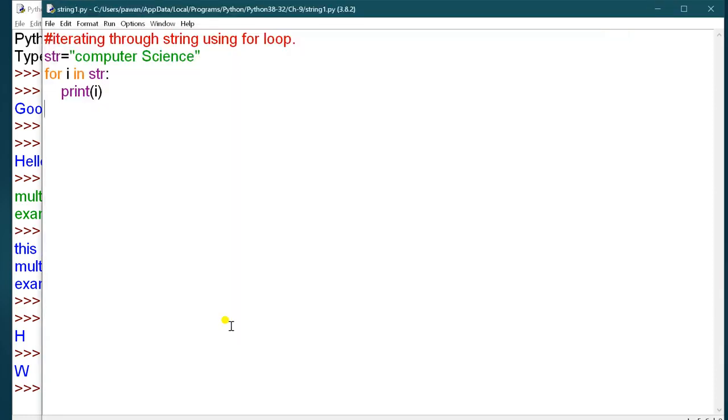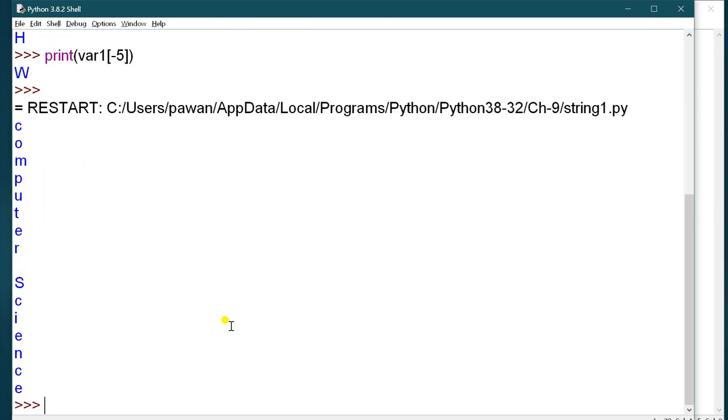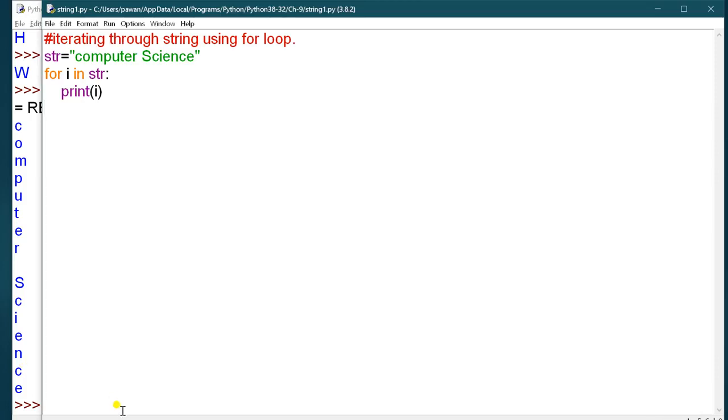Now it will give you computer and then science. One by one, it will first read the element, then print the value of i. So this is iteration through the for loop.